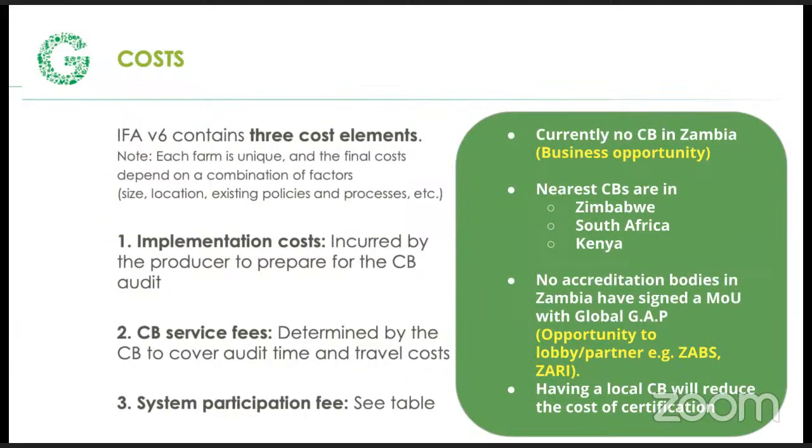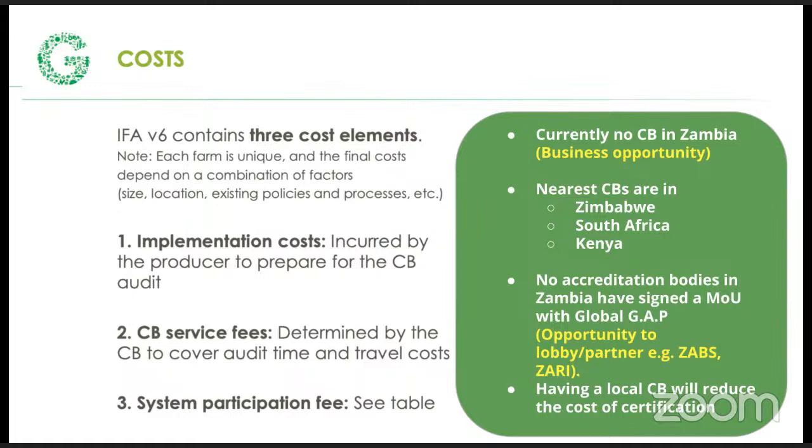So all this, of course, is not free. There are costs involved with this. The first cost to you is what you will have to do on your farm to be in alignment with the requirements. So, once you get through that checklist, everything you have to do there, buying stuff, buying PPE for your employees, ensuring there's water, ensuring you can keep records and things like that, there's that cost. That'll be direct cost to you.